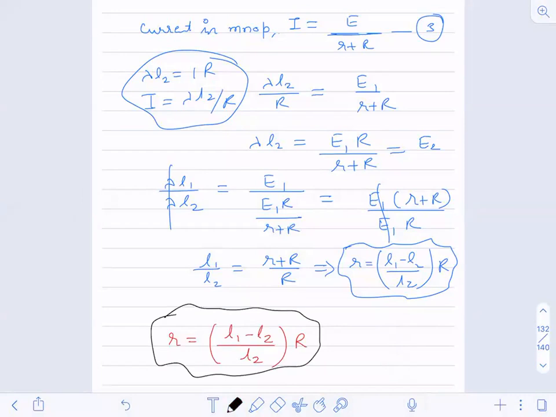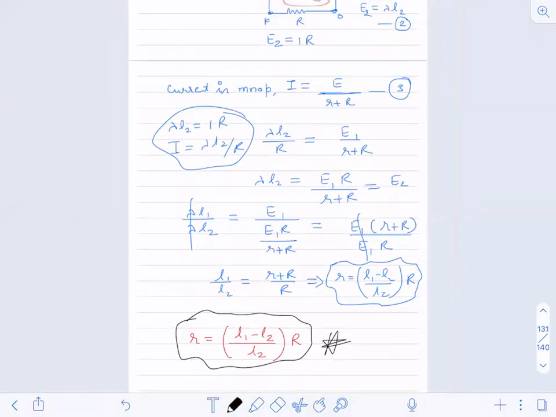Okay, so numericals are asked on this third experiment also. All the three experiments are equally important. You cannot say that any one experiment is important and the other one is not. You may have a question from any one of these, so you have to go through all the three experiments.